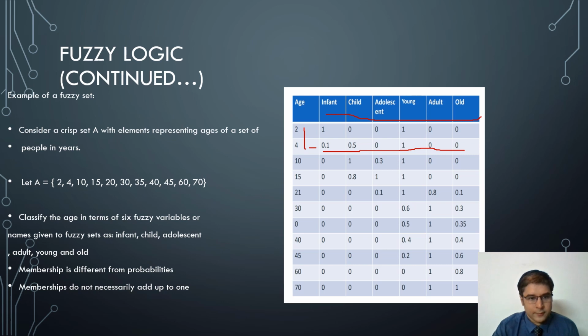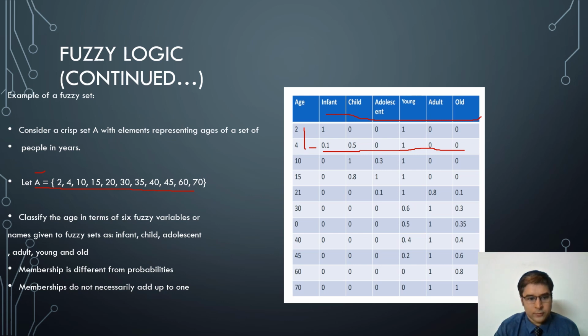So consider a quiz set A with elements representing ages of a set of people in years. Let A is equal to 2, 4, 10, 15, 20, 30, 35, 40, 45, 60 and 70. Classify the age in terms of 6 fuzzy variables or names given to fuzzy sets as infant, child, adolescent, adult, young and old. So given this set A, we have to classify all the elements as either infant, child, adolescent, young adult and old and give their fuzzy